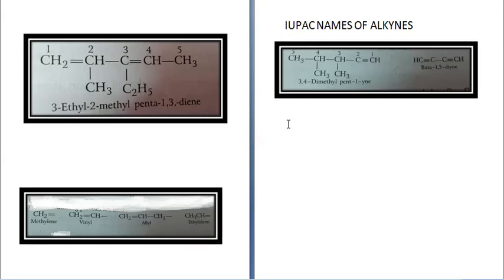Okay, now next we come to IUPAC names of alkynes. Their rules are the same as those of alkenes. The only thing is the term yne, alkyne, is used because there is a triple bond. See over here, the parent carbon chain is of 5. The first carbon has a triple bond, and the third and fourth have methyl side chains. So you write 3,4-dimethyl pent-1-yne. Same way over here, 4 carbons in all. The first and the third have triple bonds, so it is buta-1,3-diyne. Alright, so please practice all this. Then we'll continue further with nomenclature in the next video.